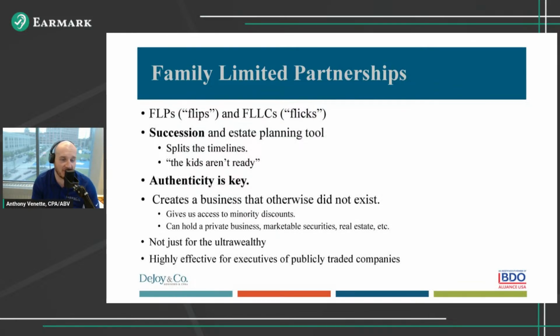But what it does is it functionally creates a business that didn't otherwise exist. So when we think about that, if we talk about our minority discounts we mentioned earlier, maybe I have a large portfolio of marketable securities, maybe $50 million. I can put that into a family limited partnership as a contribution, and then I would get all of the GP and LP interest in a FLP, and then over time I can gift out specific LP interest to my children or trusts for my children's benefit. Why that works really well is now we create a business structure where we can access DLOC and DLOM that otherwise wasn't there or available before, functionally just creating a restrictive barrier that we then have to work through on the valuation and gift and estate tax side.